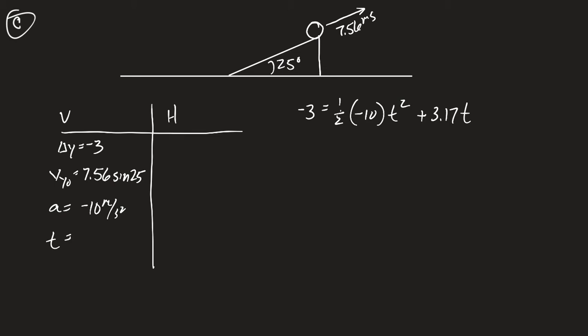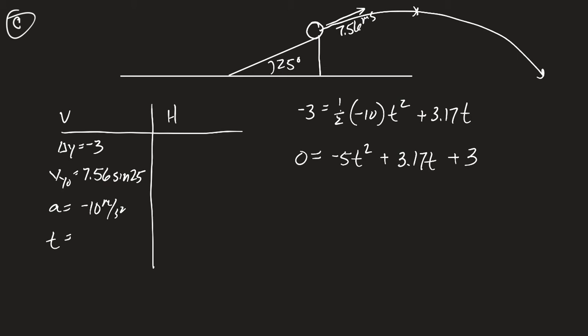So your only choice, if you're going to solve it this way, is to get your A, B, and C and plug it in. Now, you don't have to do it this way. You guys are smart people. You can treat this as two parts and find out the time it takes to get to the highest point, and then find the time it takes to go from the highest point to the ground. That would alleviate you from having to do a quadratic, which means you would use